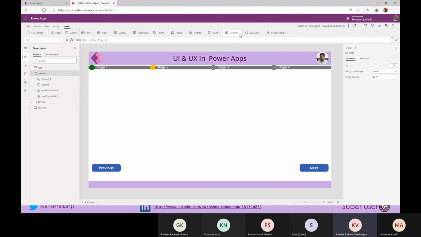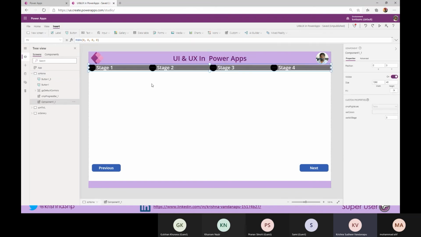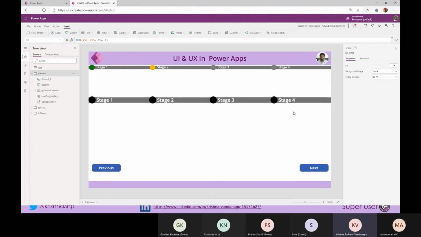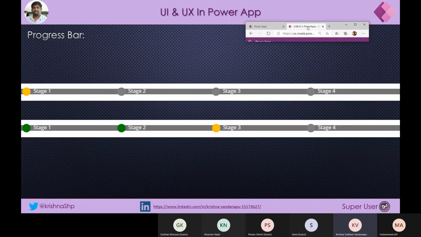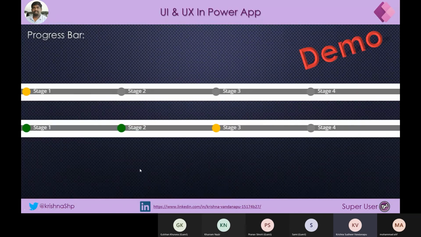When I come to the functionality, how do I leverage that? Go to these components and click on the component, whichever component we have created. This is how we can add the component simply so that the user experience will be rich. They don't have to scratch their heads about which stage they're exactly in, to understand the progress of their process.